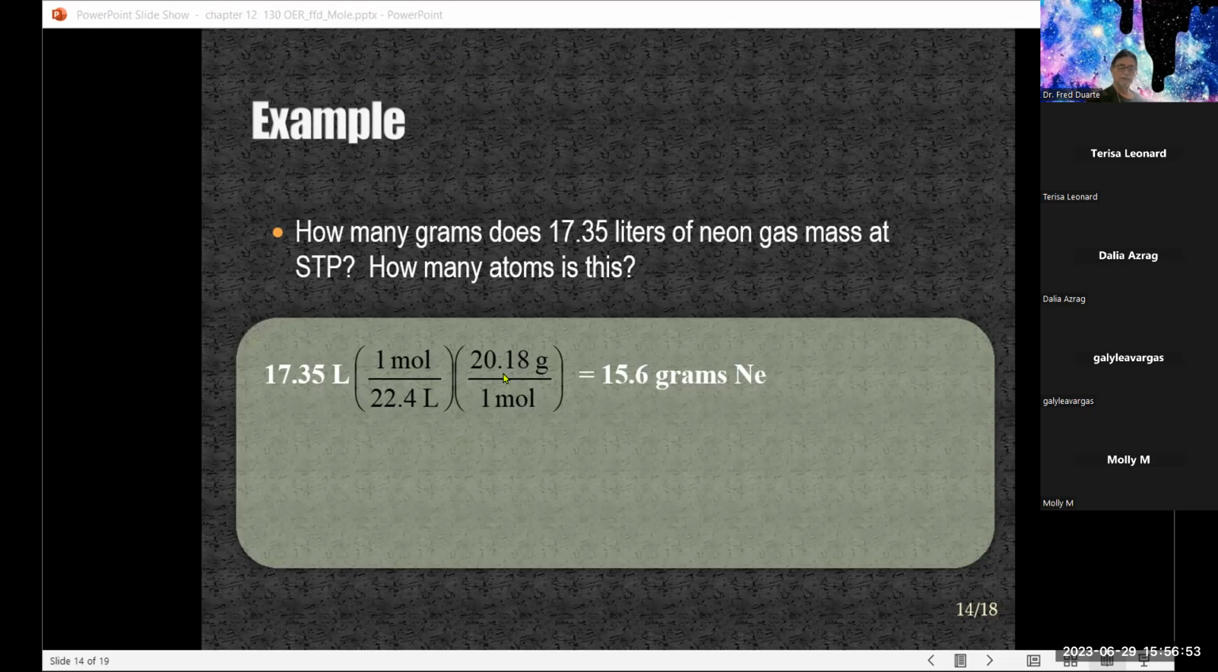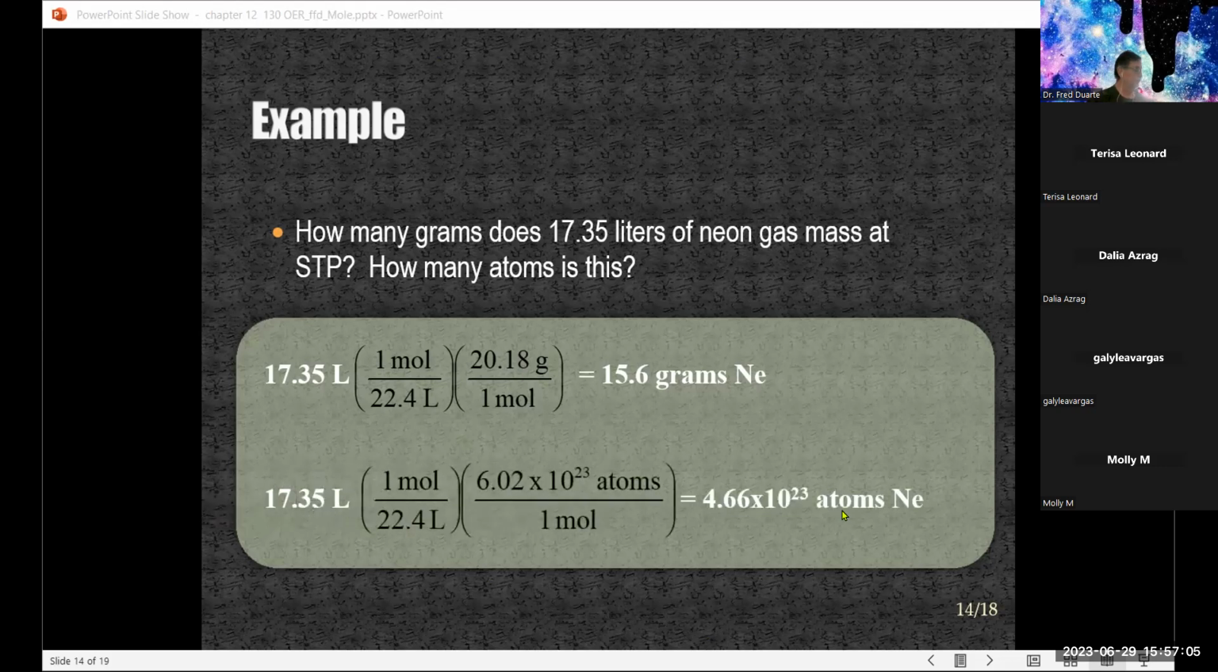And that gives us the number of grams of neon gas at STP that has a volume of 17.35. The second part of the question is we start off with the same volume, 17.35, but we're trying to get to atoms. Again, we need to convert to,